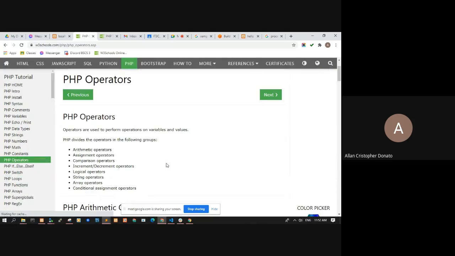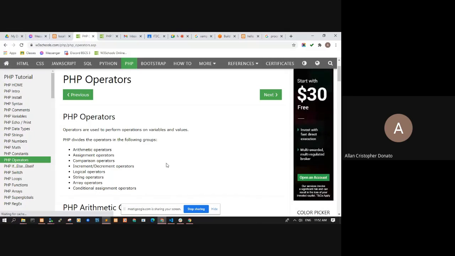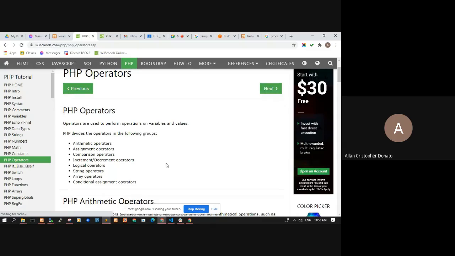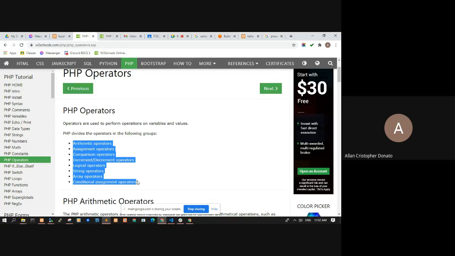Okay, operators, we have arithmetic operators, assignment operators, comparison operators, increment and decrement operators, logical operators, string operators, array operators, and conditional assignment operators. Almost all of these operators are similar.